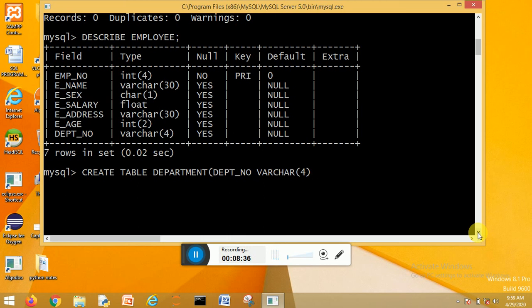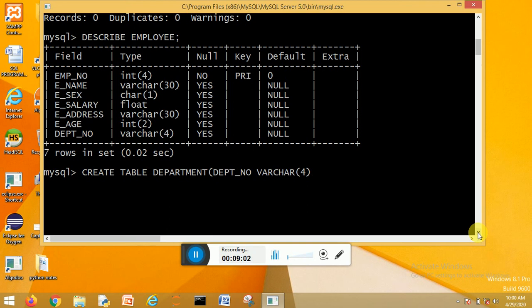I am doing this. Why? Because I have to create the relationship between the two tables, and I told you that to establish the relationship between the two tables, one column should be common between them.